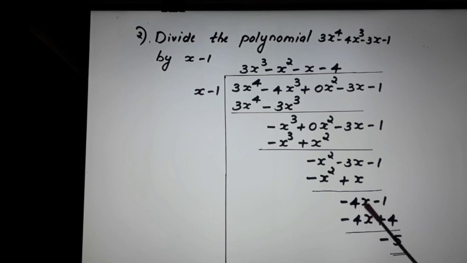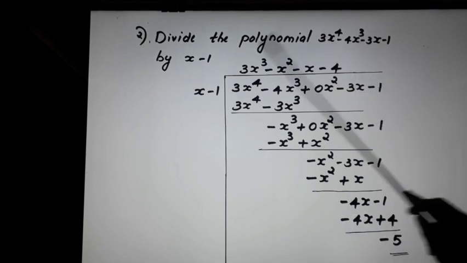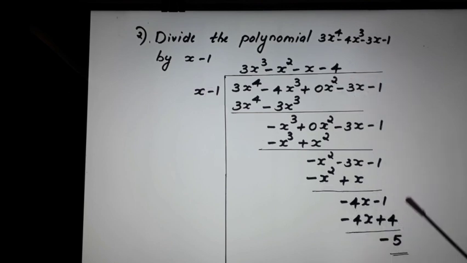Now take the first term again, divided by the first term of the divisor. Minus 4x by x. You get the next term of the quotient, minus 4. So minus 4 into x is minus 4x. Minus 4 into minus 1 is plus 4. Now you have to do the subtraction. Subtracting, you will get the first term as 0. Second term, you will get minus 1 minus plus 4, which is minus 1 minus 4, which is equal to minus 5. So you have to know the subtraction of integers to do these calculations. So here we got the remainder as minus 5. Again we stop the division because the degree of the remainder is less than the degree of the divisor.